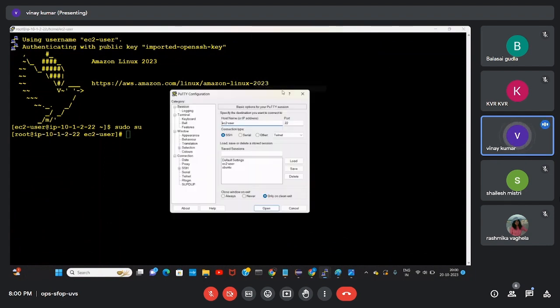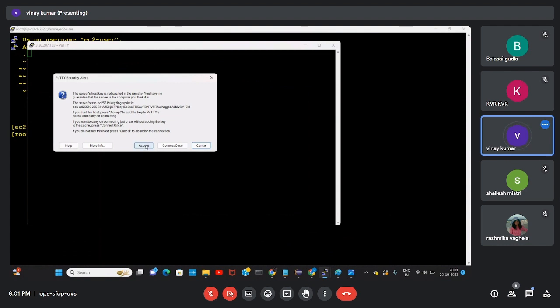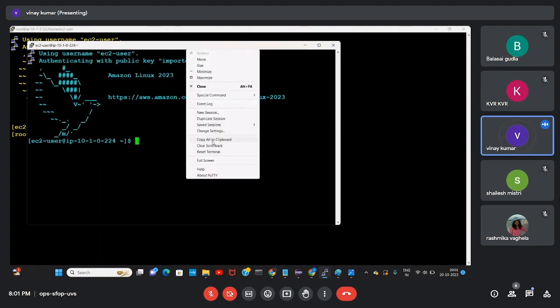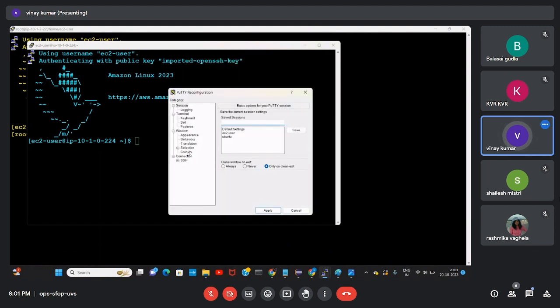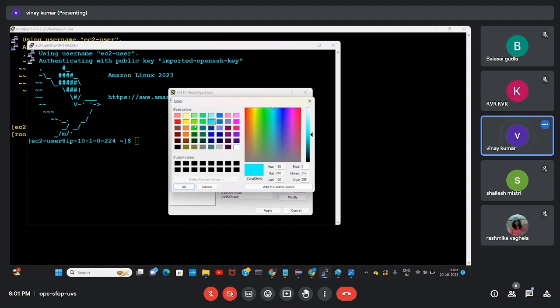Right click, new session, change settings, colors.